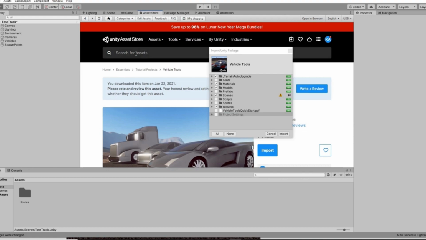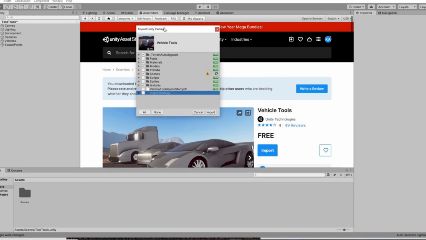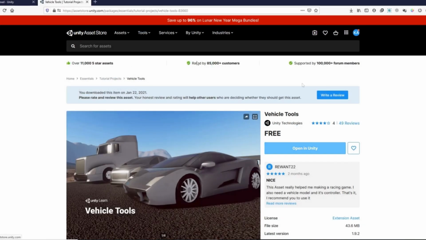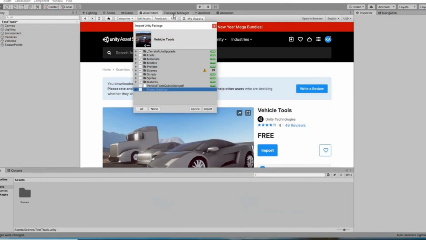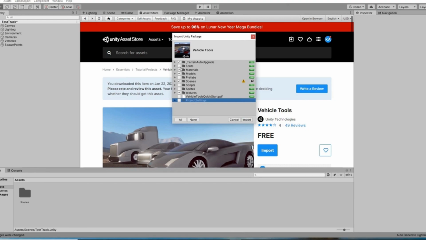Now inside the Unity in asset store, search for vehicle tools and download and import. So there are two ways to import assets. You can do it inside the browser, and if you open it, then the assets will be imported through Package Manager, or you can open Asset Store inside Unity and search for your assets here and download and import.